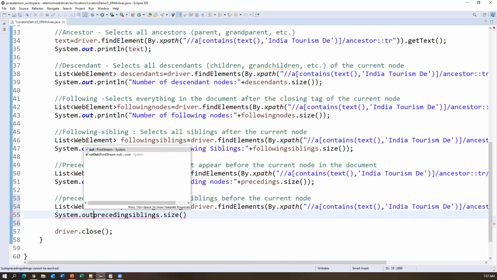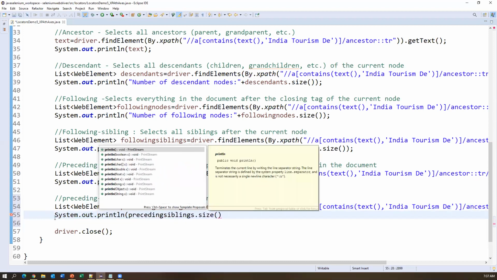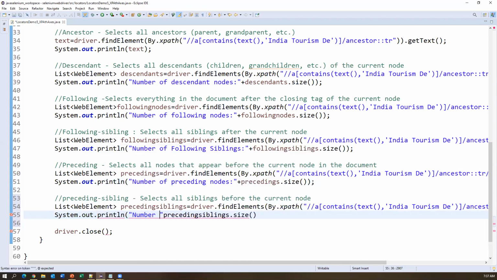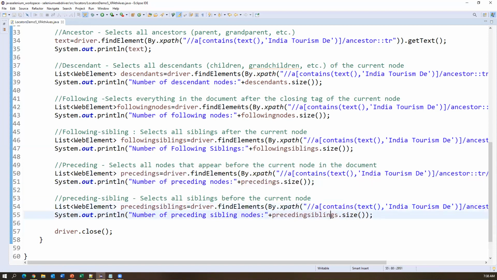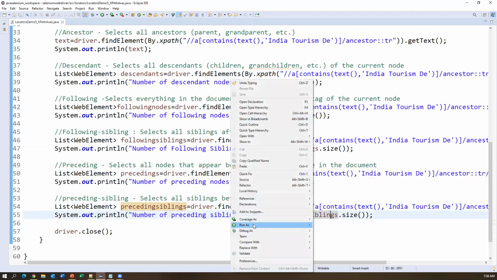I'll say System.out.println, and here I'll say number of preceding sibling nodes. That's it. So now here we are getting only preceding nodes, and here we are getting only preceding sibling nodes. So let's run this code again.